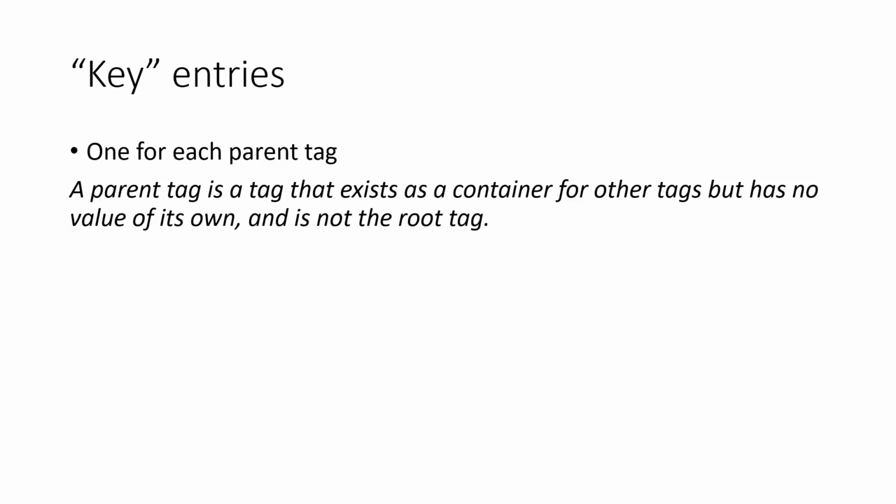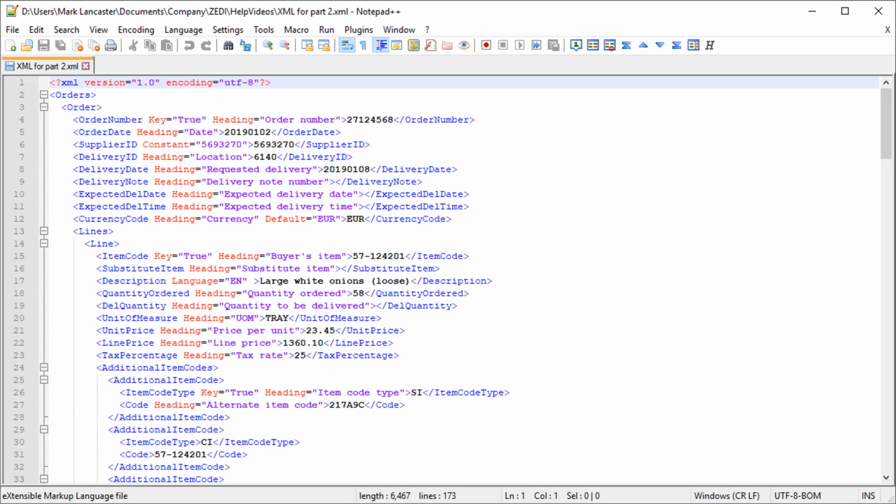There must be a key entry for each parent tag in the XML file to be generated. A parent tag is a tag that exists as a container for other tags but has no value of its own, and is also not the root tag. Using the XML from the previous tutorial, the parent tags would be: